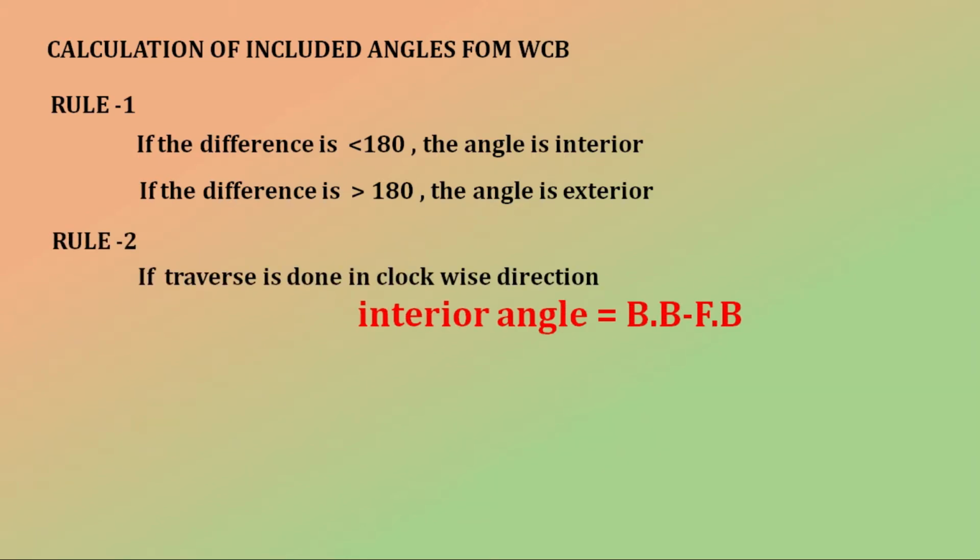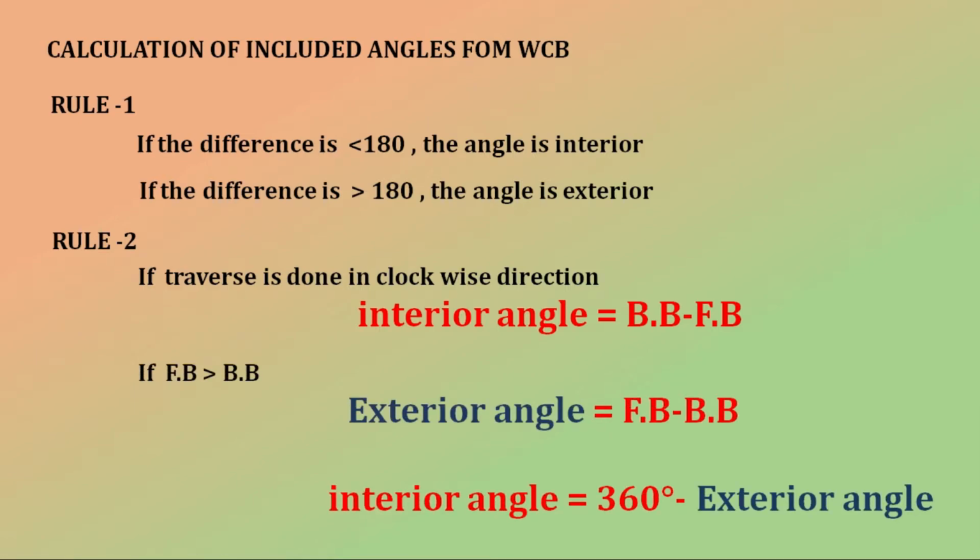Rule number 2 is that if we are plotting traverse in clockwise direction, say we have done survey in A, B, C, D, first of all we are measuring A to B, B to C, C to D in clockwise direction. Then the formula to find out interior angle will be backbearing minus forebearing. But in this case, if forebearing is greater than backbearing, then first of all we will get exterior angle, and if we deduct exterior angle from 360, we will get the angle which we need to measure, that is interior